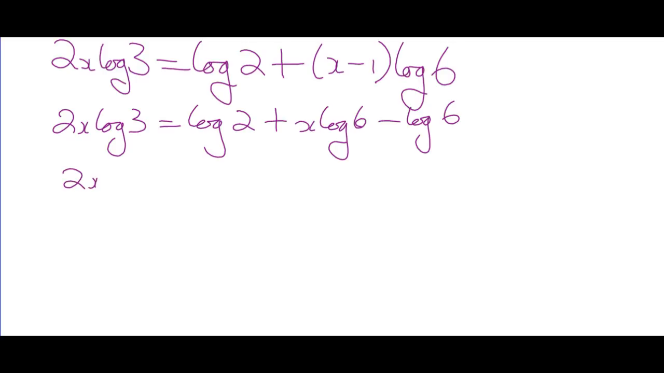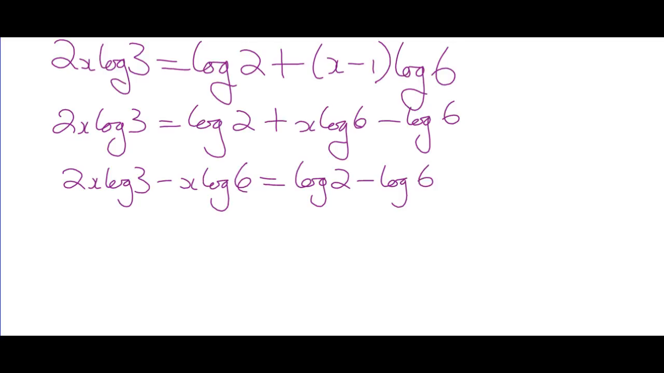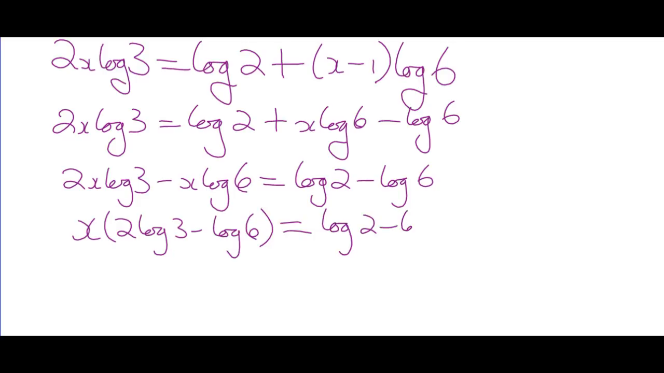Get the x's, so 2x log 3 minus x log 6 is equal to log 2 minus log 6. Factor the x out: x(2 log 3 minus log 6). And then divide both sides by 2 log 3 minus log 6. So we've got log 2 minus log 6 over